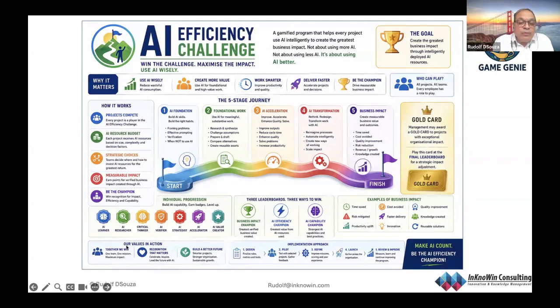And importantly, down here, if you see our values in action. I had also asked it to look at the organization, so you put in the organization's documents and values. This organization had as its key values collaboration, celebration, and creating a better future. So it has included all these into it. So I thought I'll just share this.